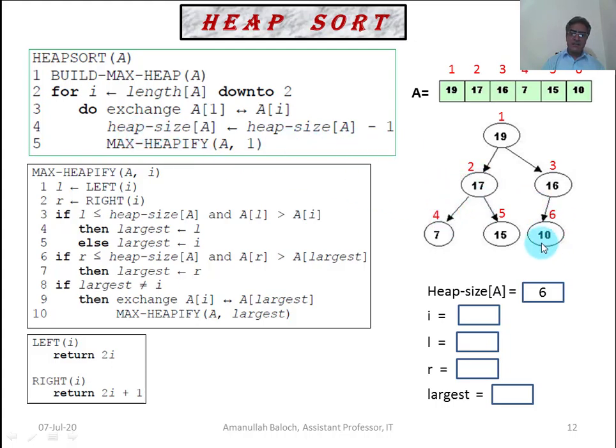It means this section of the array has been sorted, so it need not be touched again. Heap size is 6. 6 minus 1 becomes 5, so the new heap size becomes 5. Now we have to care about the 5 elements, 1, 2, 3, 4 and 5. The last element has been sorted.